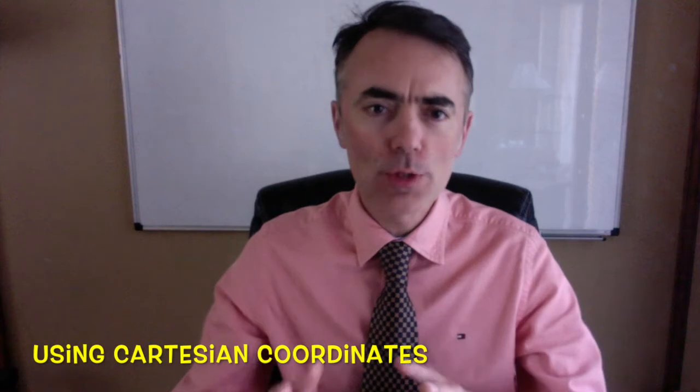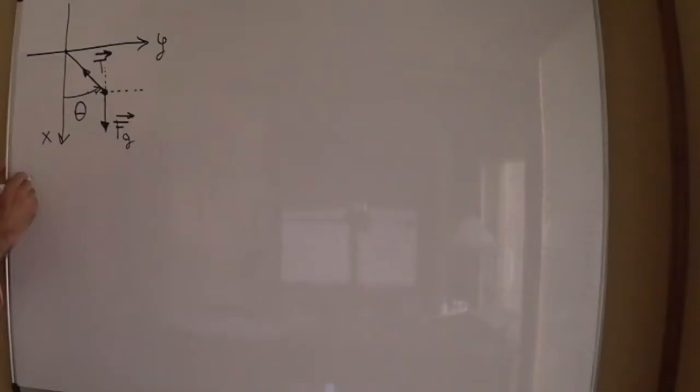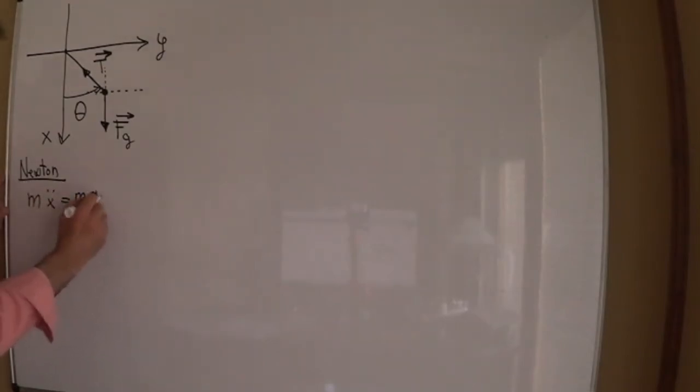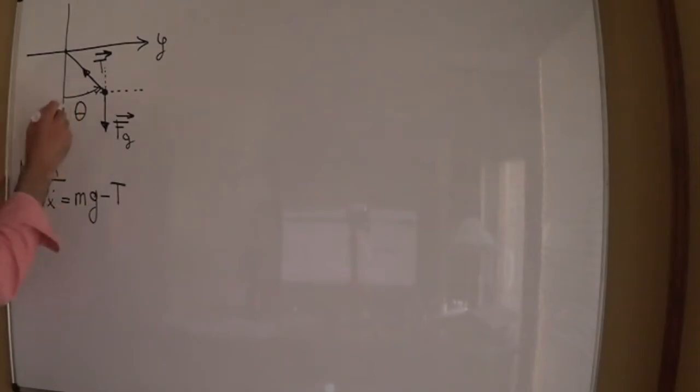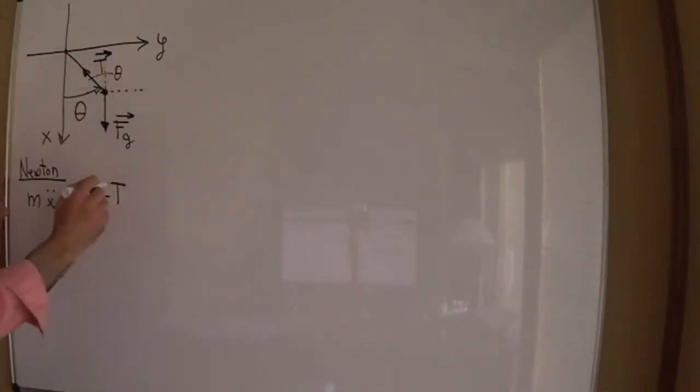Let's assume so. Let's try to solve it using Cartesian coordinates. We choose the center of coordinates to be at the fulcrum, always at distance L to the bob, and horizontal and vertical axes. We need to write Newton's second law in the horizontal and the vertical axis. The force of gravity is always vertical, but the tension is not. Tension depends on where the bob is and points at an angle theta. Newton's second law in both axes are